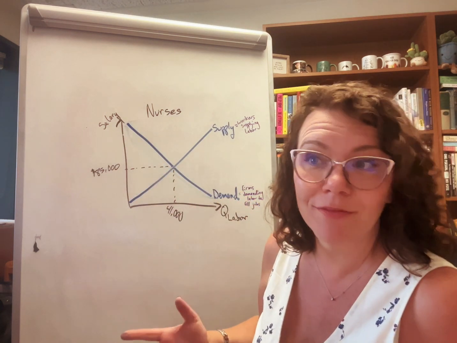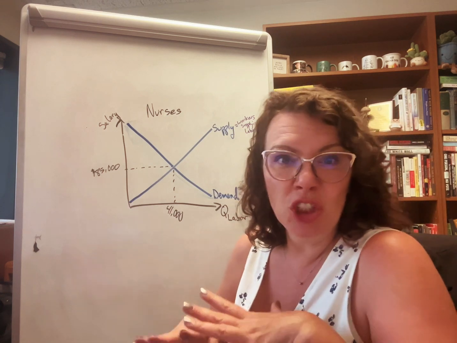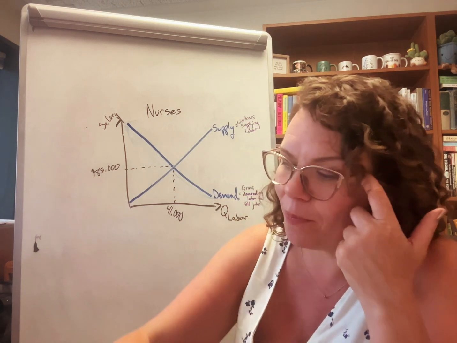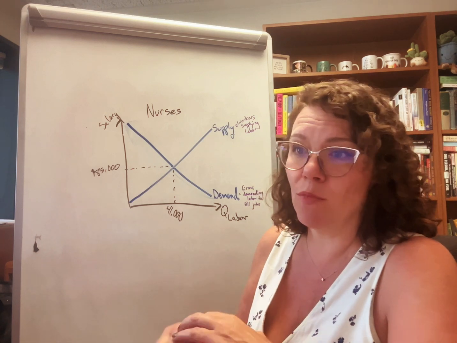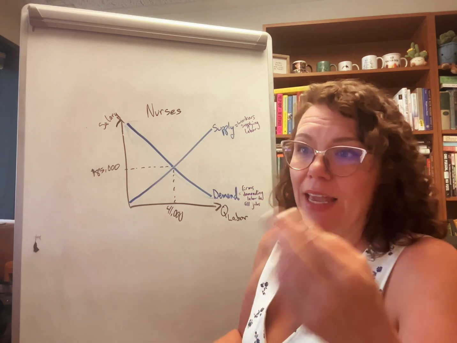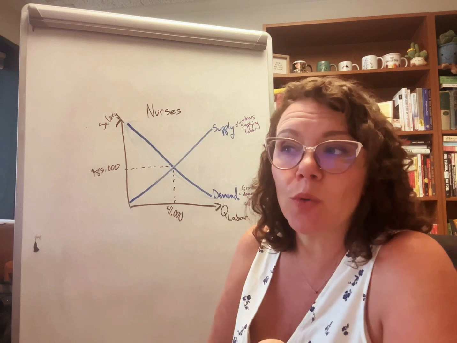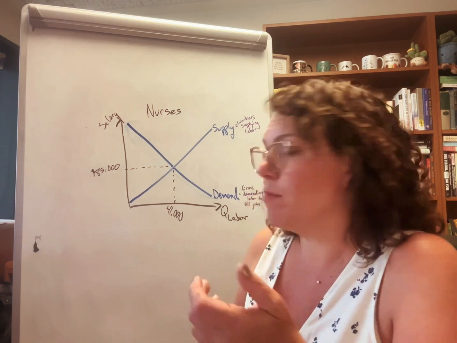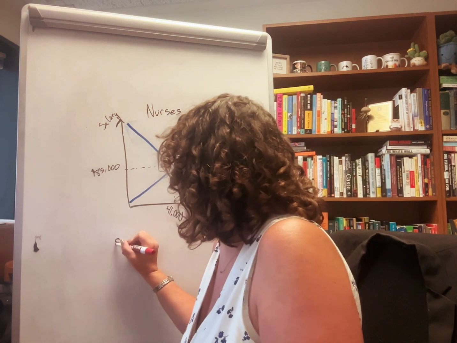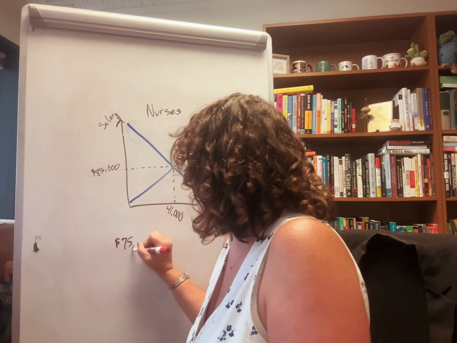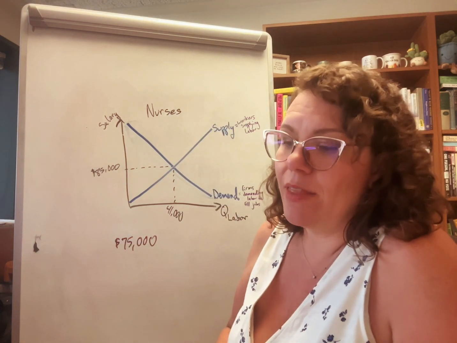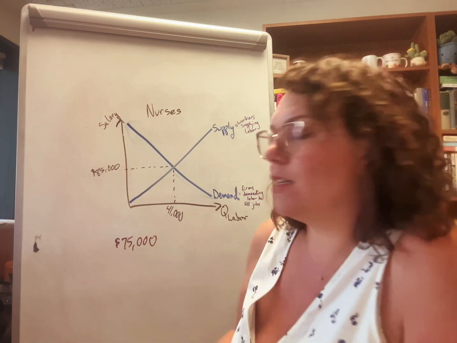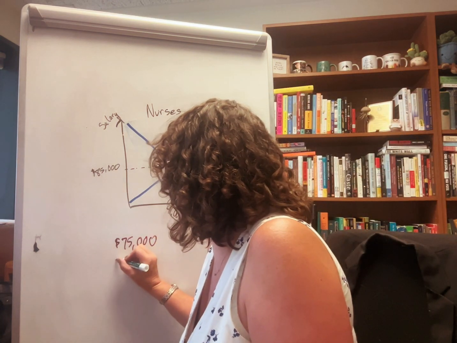So far, so good. So now we're going to do the tricky price floor, price ceiling component of it, where we're going to look at minimum wages. Part A says, what is the effect of a new mandatory minimum salary for nurses? If the minimum salary is $75,000, then what is the effect? And it also asks what the effect is if the new minimum wage is